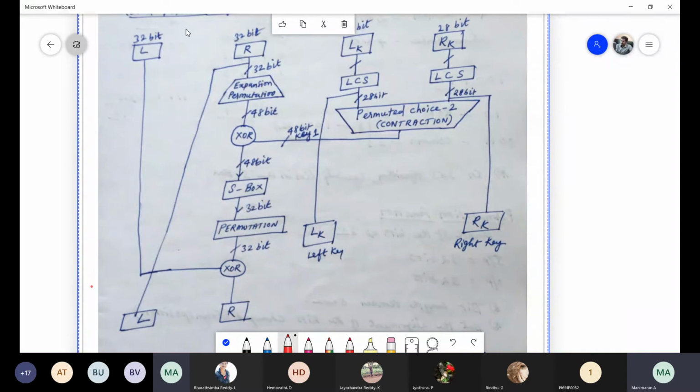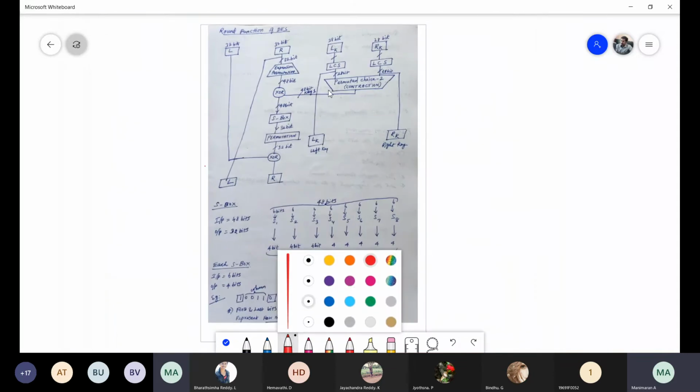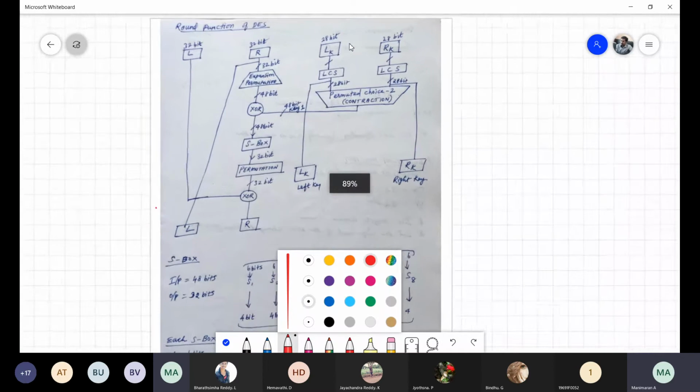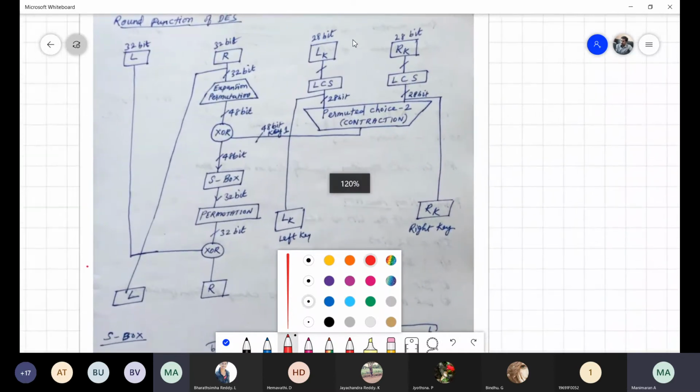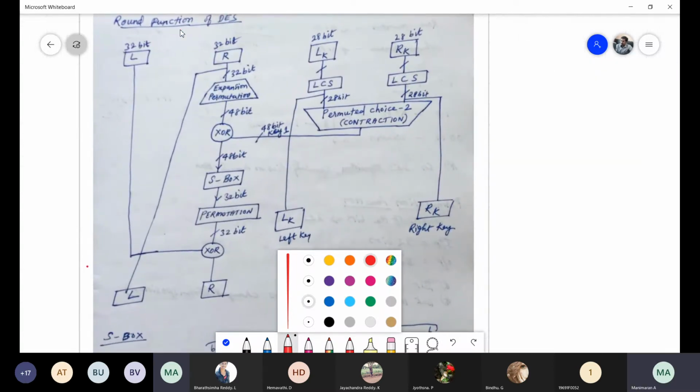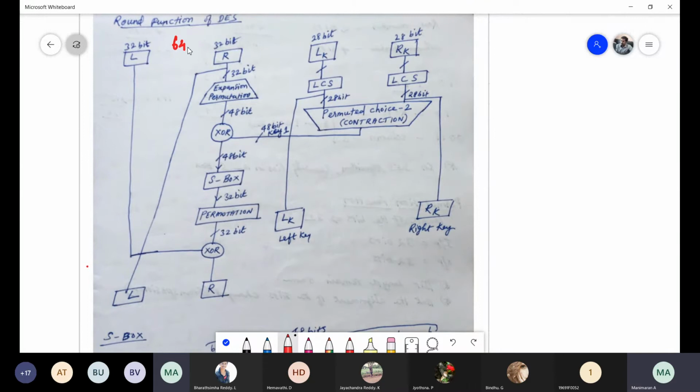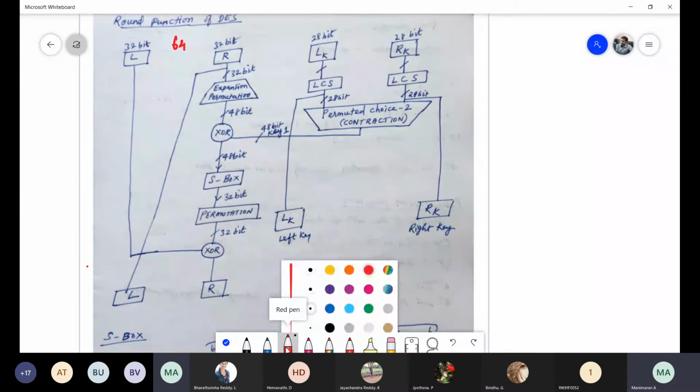Now, what is the previous explanation? The plain text size is 64 bits.